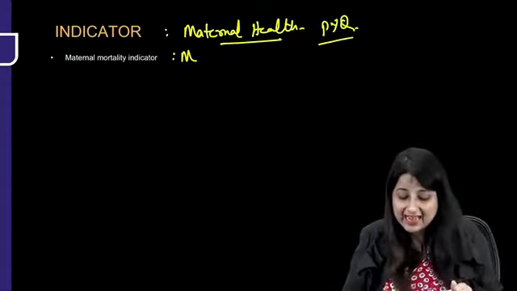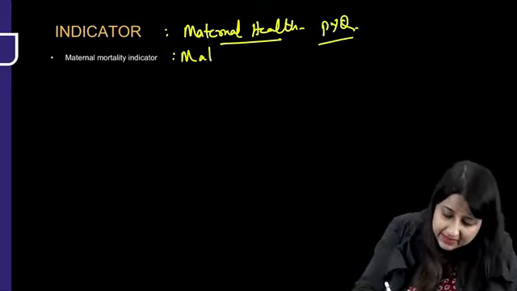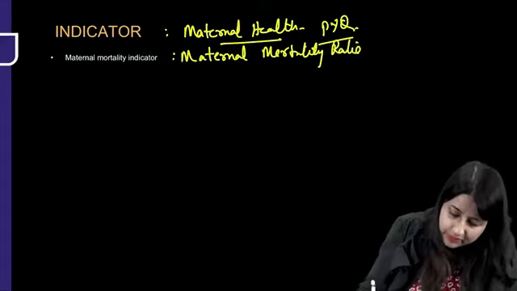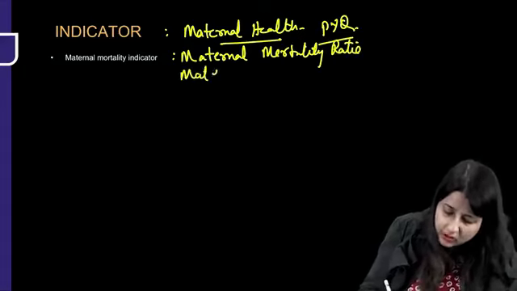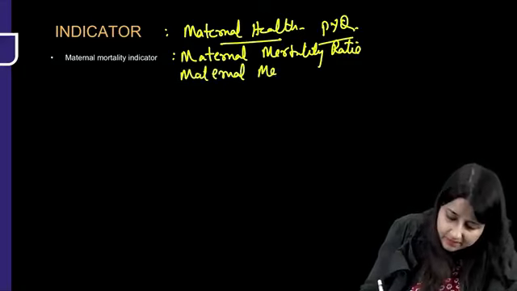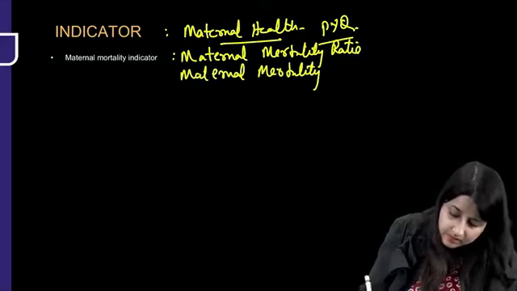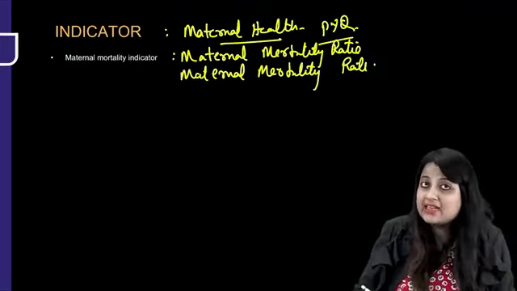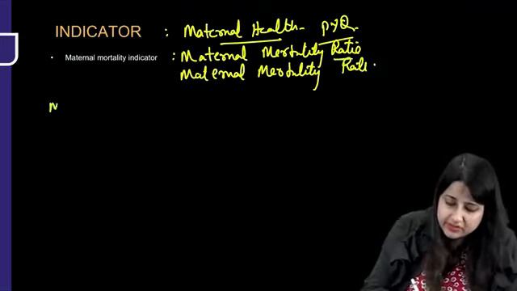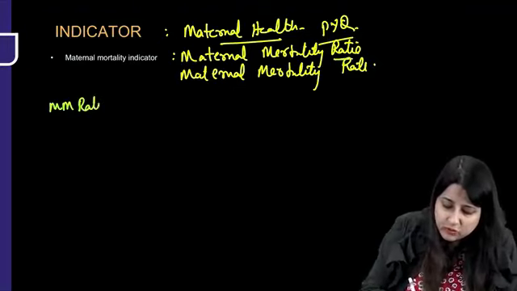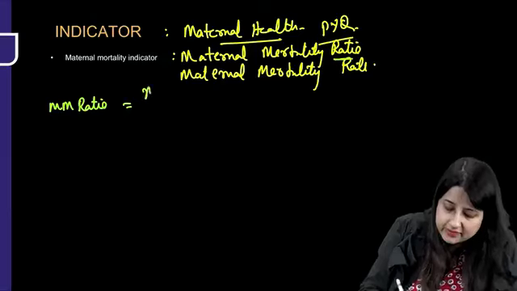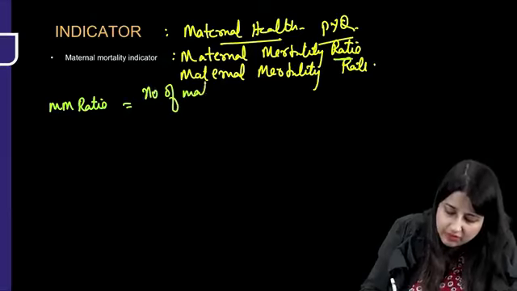Now, if you remember, this is a very favorite PYQ in exams. We talk about maternal mortality rate. This is what maternal mortality is. It can be a ratio or a rate. Now, what is the maternal mortality ratio? If I ask you for the definition, it definitely comes as a ratio. What was in a ratio? The numerator cannot be a part of the denominator. So, this is the number of